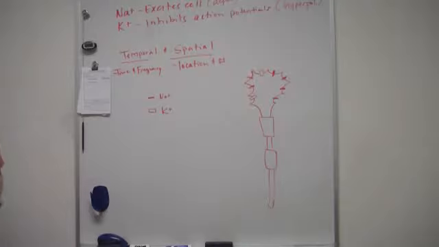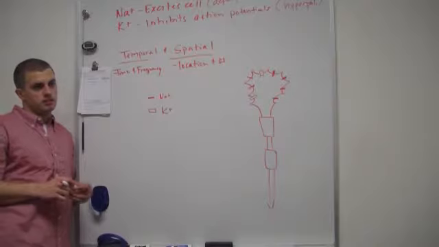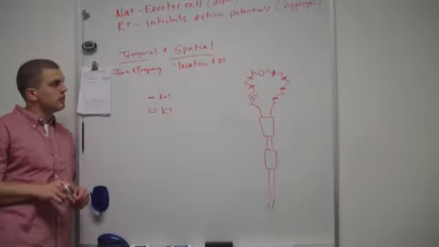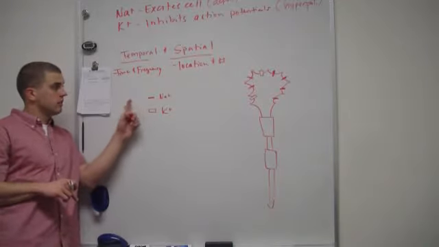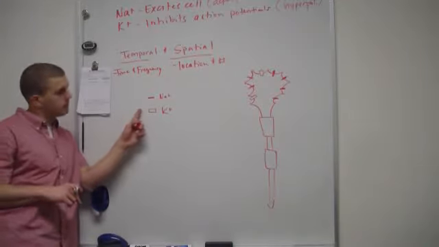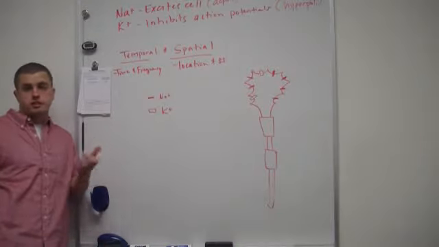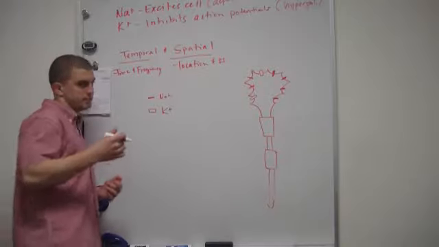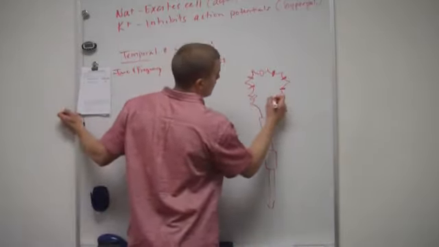Spatial? Spatial, why? Because there are more of them. They may not be right next to each other, well, they kind of are, but there's a lot more of them compared to the potassium. So there's a better chance of getting set off by 6 of potassium, these or so, and about 2 of these. So it's more likely that you're going to have more sodium rushing in this example. Make sense? And then, if we did this,